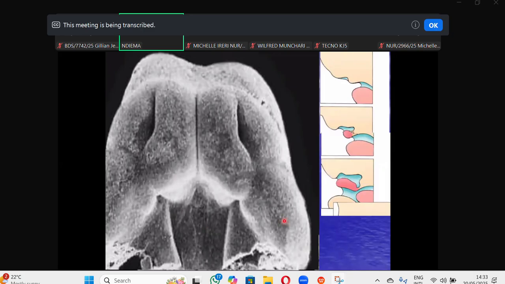This is an illustration of what we have as the development of the nose. We have the medial and lateral nasal swellings. We have the formation of the pit. After this formation of the pit, the medial nasal swellings develop to form the intermaxillary process. This intermaxillary process forms the primary palate,